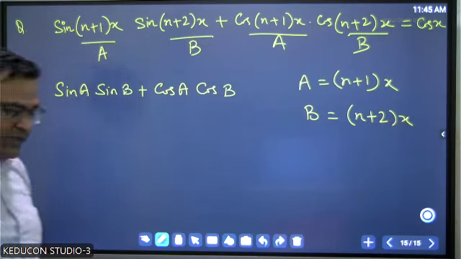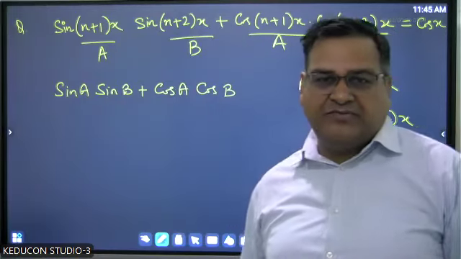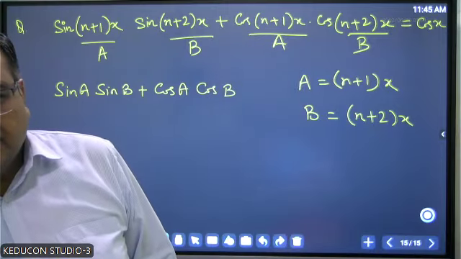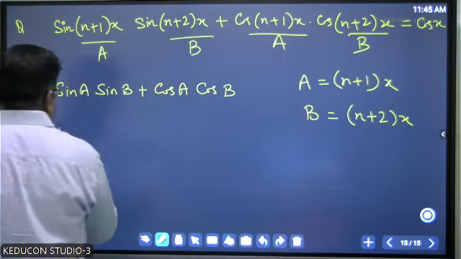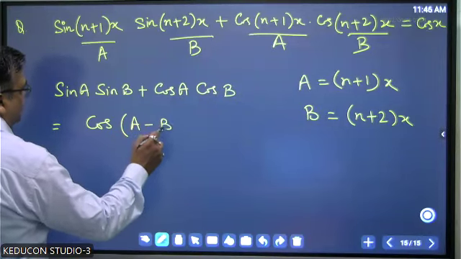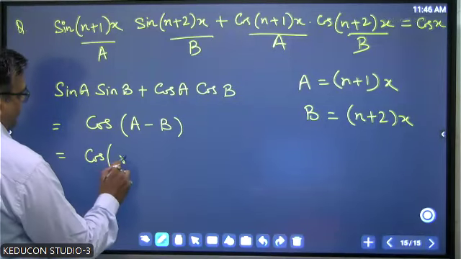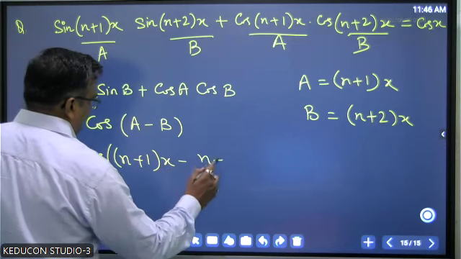Sine a sine b plus cos a cos b, cos of a minus b. Very good, students. So this becomes cos of a minus b. Now put the value of a and b. What is a? N plus 1 into x minus,